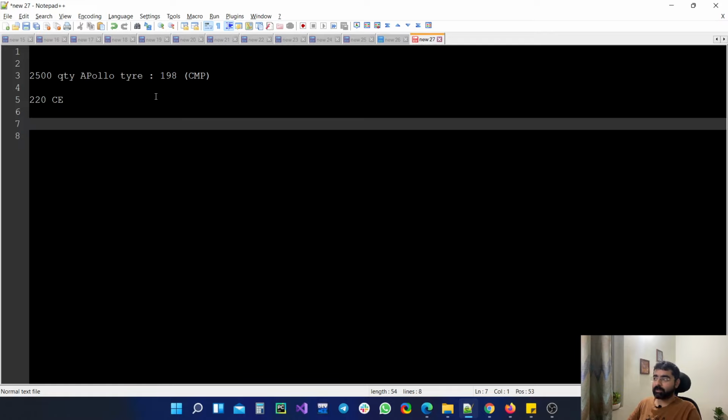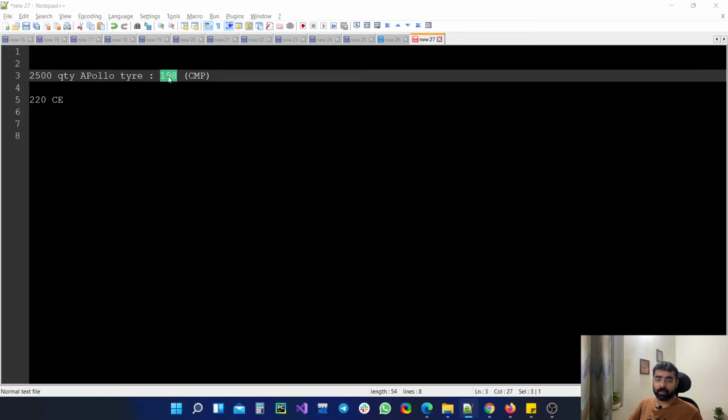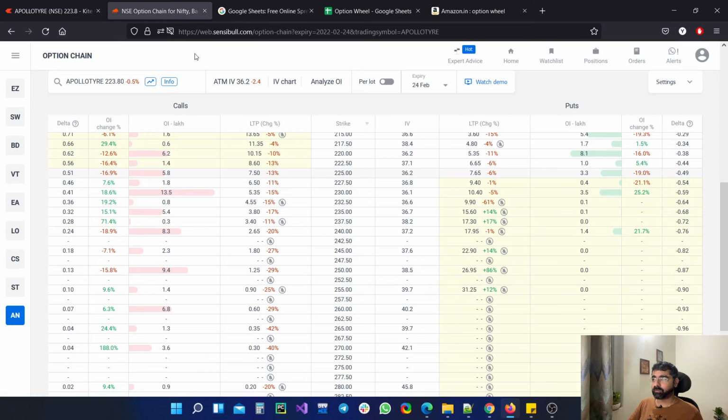Another variation is some people apply the same logic of collecting 1% of the stock price as a premium. So 1% of this would be 1.98, approximately 2 rupees. So then we can sell something like a 245 call here. So if I sell 245 call, I am collecting approximately 2 rupees, and then I am going to keep selling this 245 call and keep it as my passive income till the stock does not come to 245. So what would happen here is,